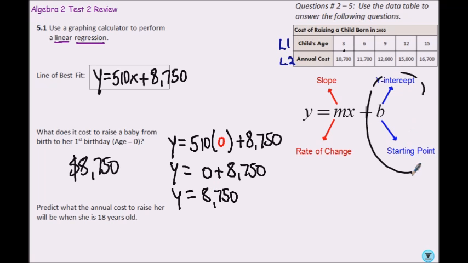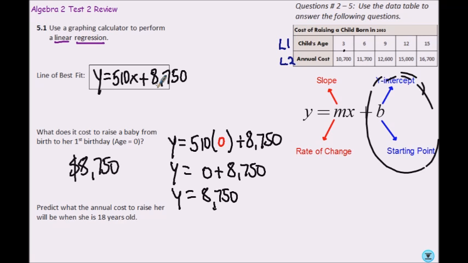represents the starting point. So really, without having done all of this here, we really wanted you to just look at the y-intercept and know, oh, okay, that's the starting amount. So it'd be 8,750. This last part of the question says, predict what the annual cost to raise the child